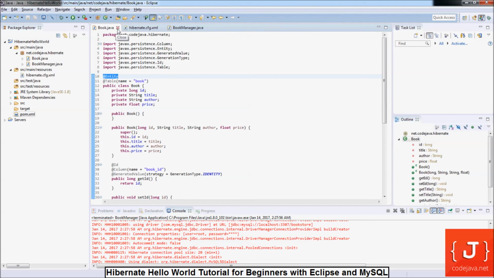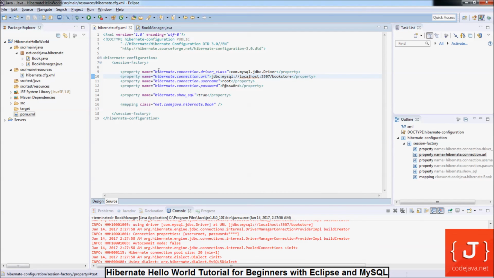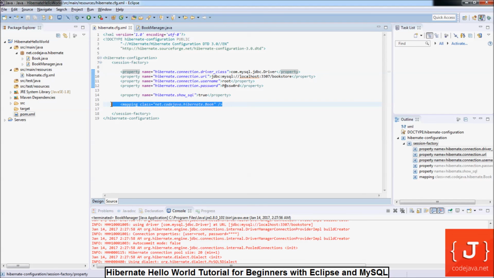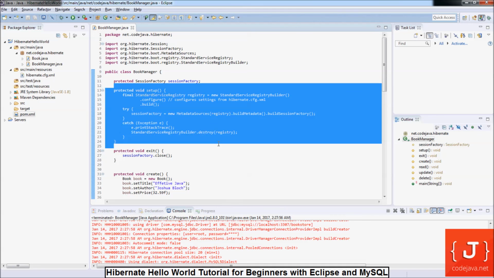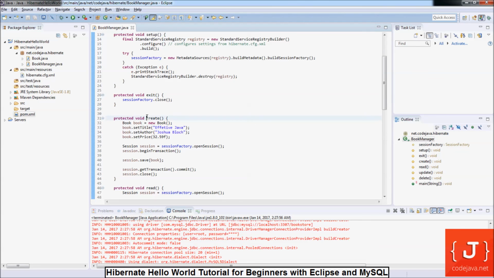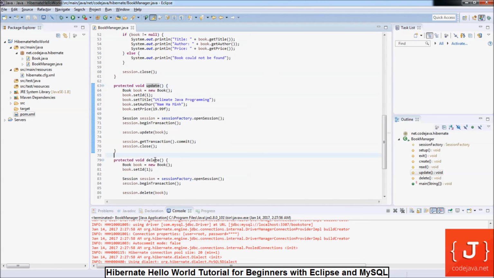And next, we create a Hibernate configuration file that specifies the database connection information and specify which Java class needs to be mapped to the database table. And the main part is writing a book manager class that load the Hibernate Session Factory and then perform various operations like create, read, update, delete